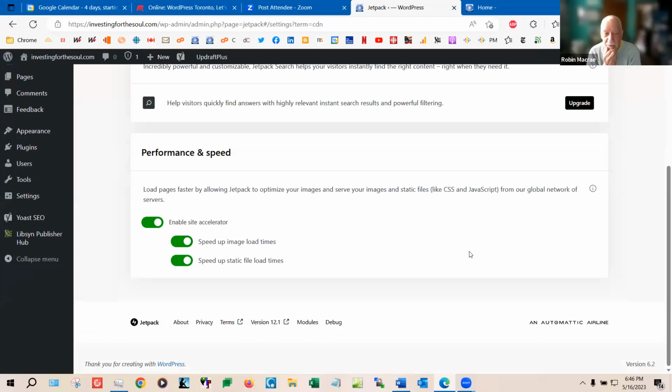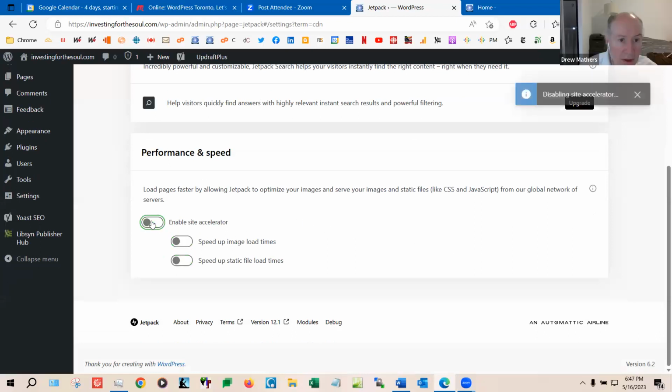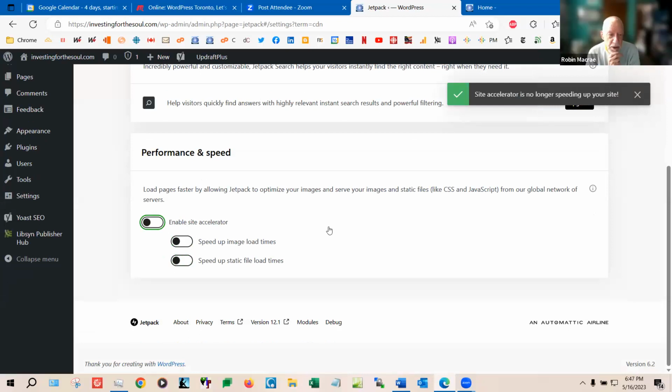Well, there's usually a way of clearing the cache, but for now, let's just disable the accelerator. That's done. Refresh the home page. No effect. No, still getting 2002.